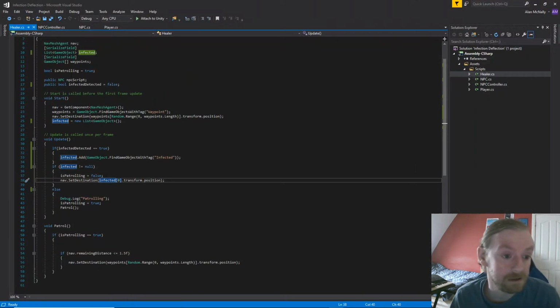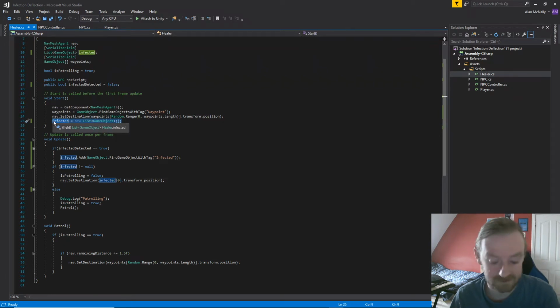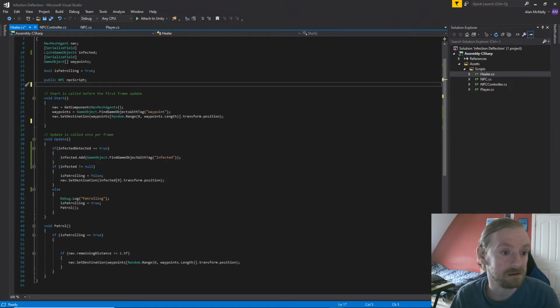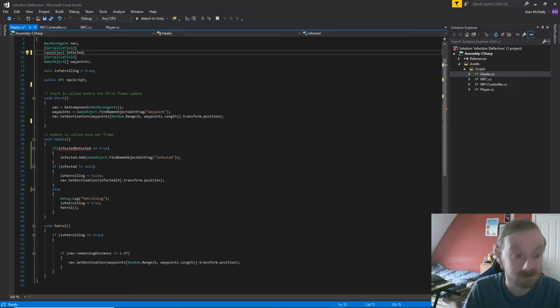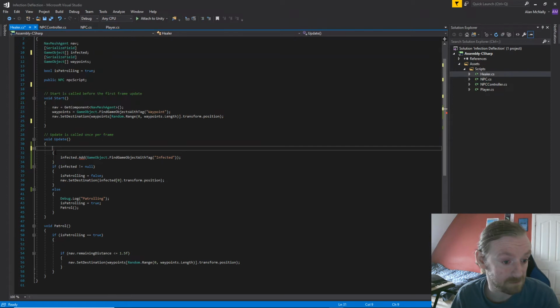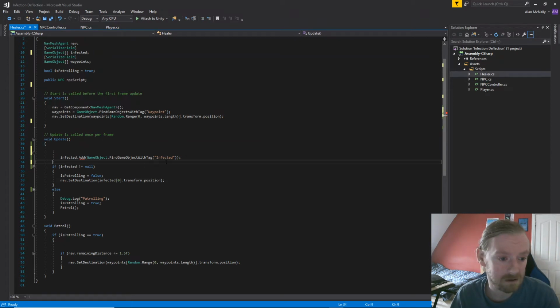Okay, well, we'll just go back, just get rid of this, right? We'll go back to this. Infected detected public bool, we won't need that. Get rid of that. A list of game objects. No, what we're going to do is a game object array. That's not how you do an array. Called infected. Then we can get rid of that line because we're not doing an if statement anymore. And if infected is not equal to null,